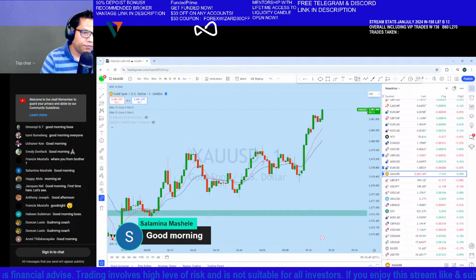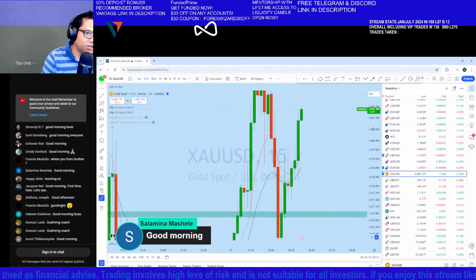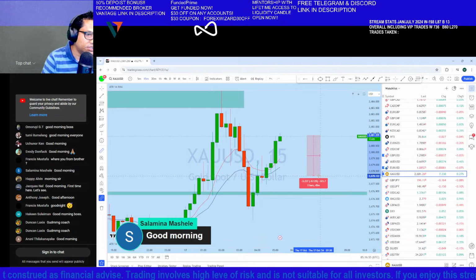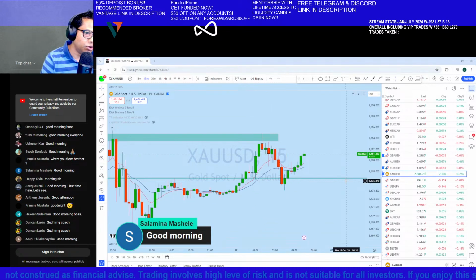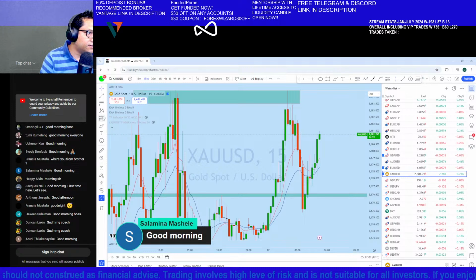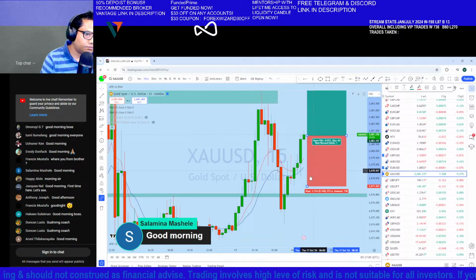Okay, so looking at the 15 minutes perspective, we see there is a candle formation on the 15 minutes, which is basically for me a potentially bullish market structure. So with that candle formation on the 15 minutes perspective,